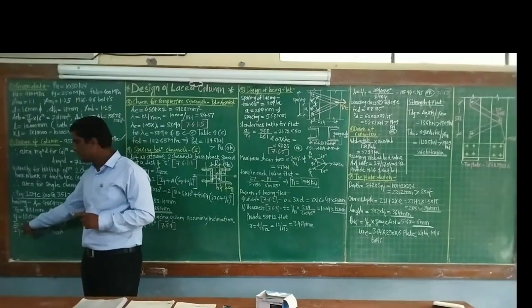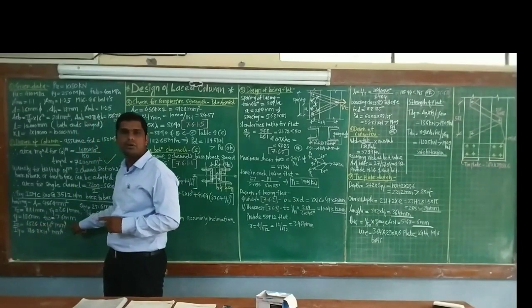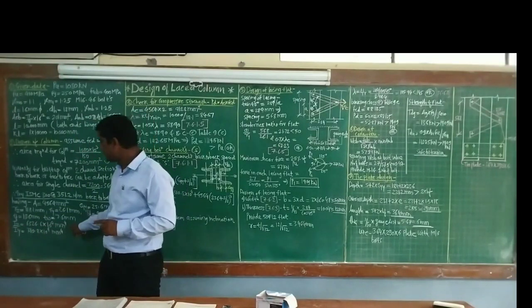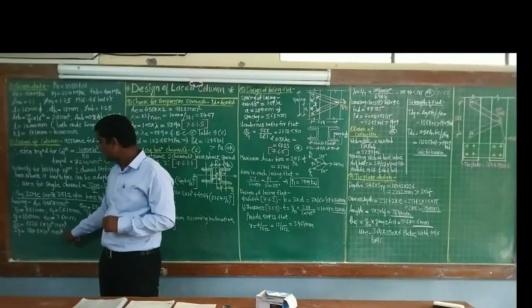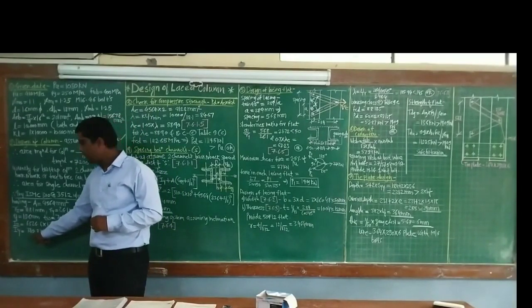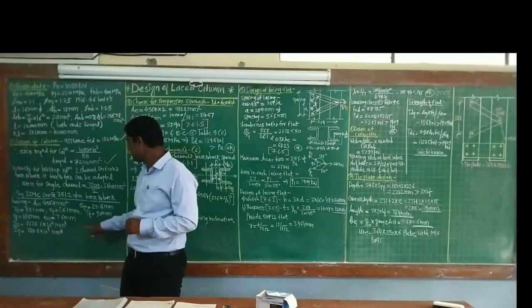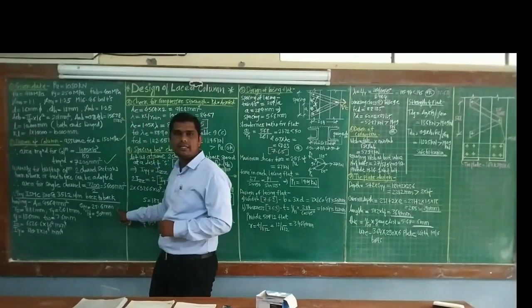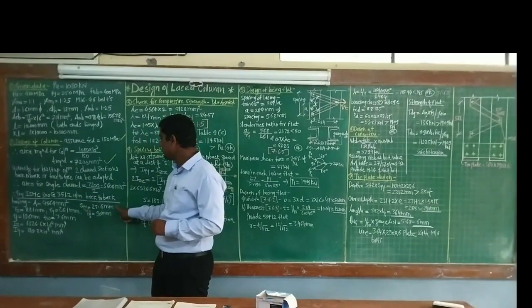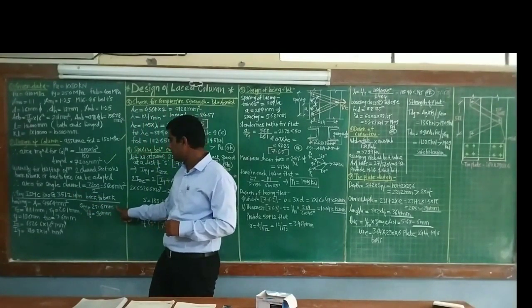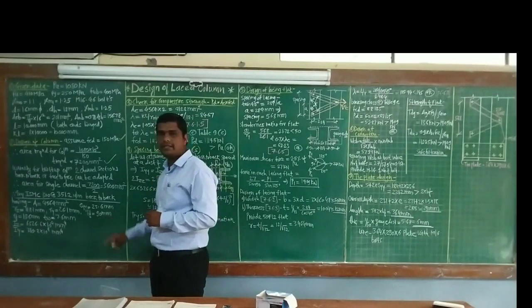Moment of inertia about z axis is 6326.6 × 10^4 mm⁴. Again, moment of inertia about y axis is 310.8 × 10^4 mm⁴. Then the C_yy distance is given with respect to this ISMC 300: C_yy is 23.6 mm, and the width of the flange for the channel section is 90 mm.